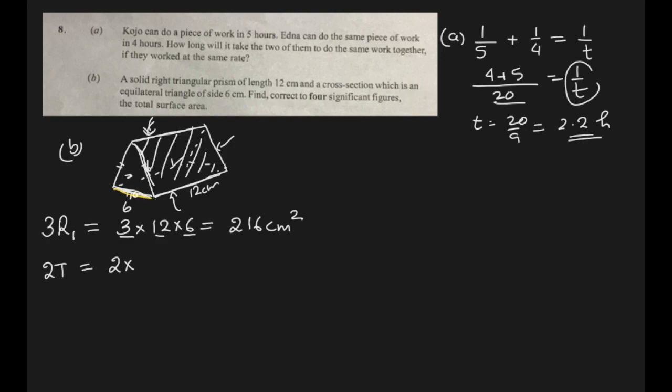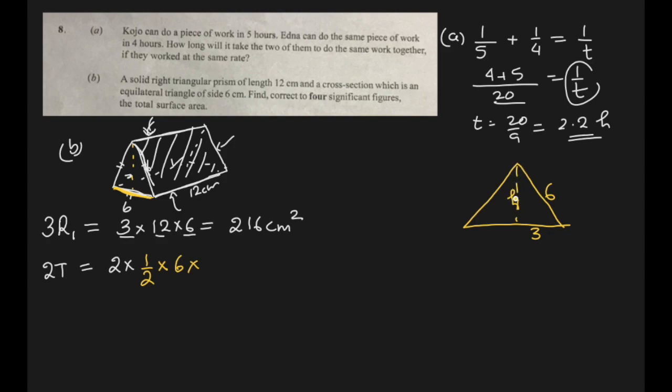It will be base, this base, for first half. The area of a triangle is half base times height, right? Half base is 6. Height is the problem. We don't know this height, so let me work here to find the height. So this is 6, this is the height I want to find out, and this is half of that base, 3,